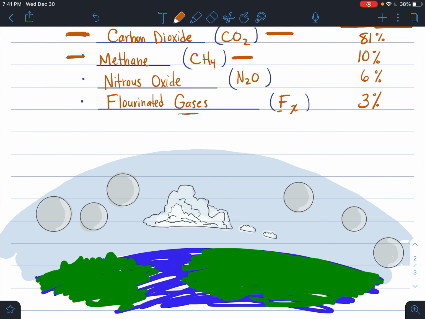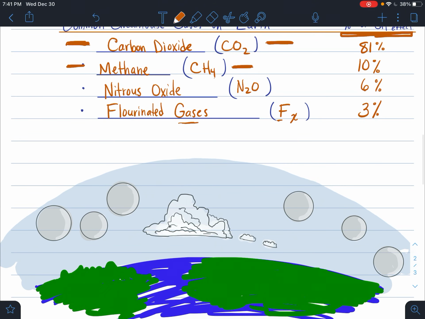And we have different gases in our atmosphere. So I drew these little bubbles here to represent some of these gases. So let's say here we have a CO2 molecule. Let's say over here we have a methane molecule. Oh, we have a cloud here in the middle, and the cloud is made out of water, and water vapor